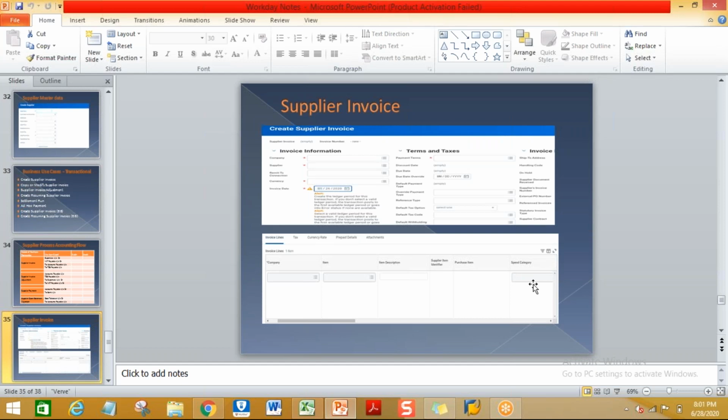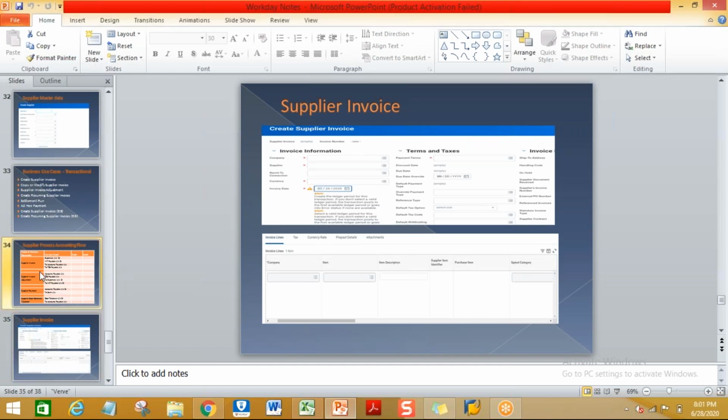Always once you post the invoice, you have to check the accounting entry. After the accounting entry is updated properly, then check your trial balance, P&L or balance sheet reports also, whether those are updating or not. These two things you have to do as a finance functional consultant.